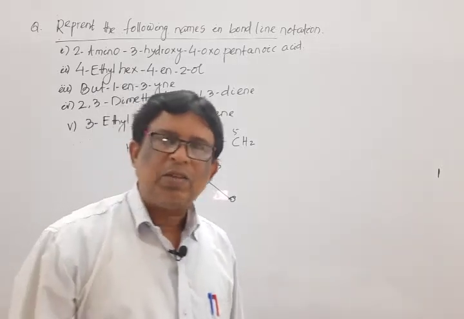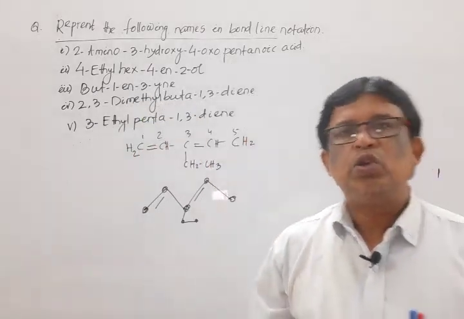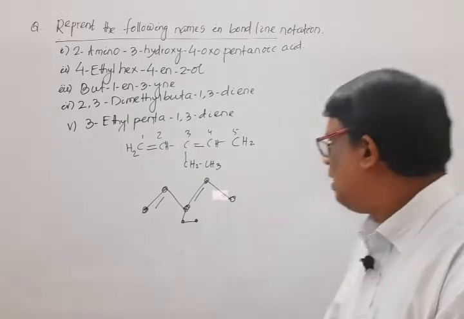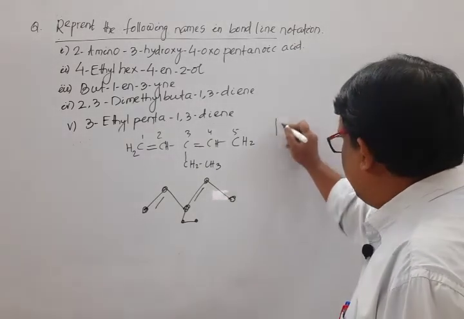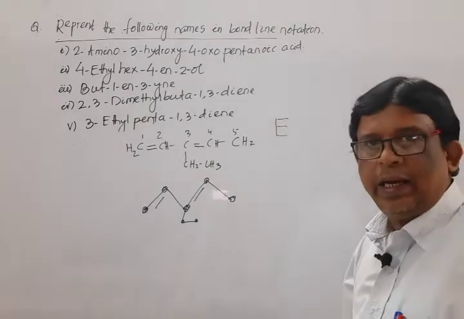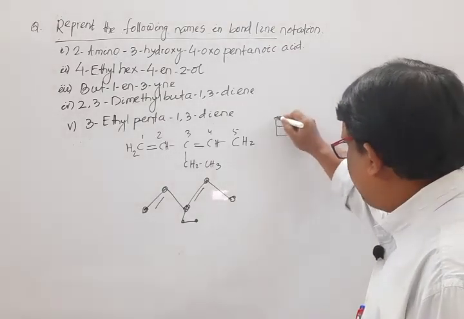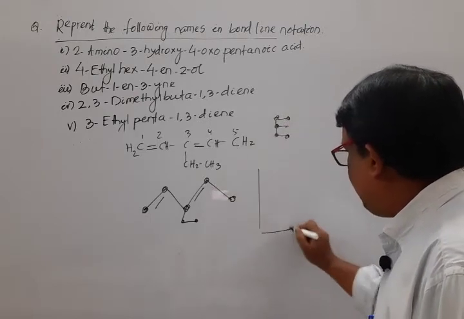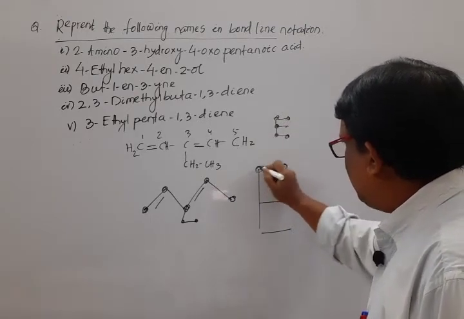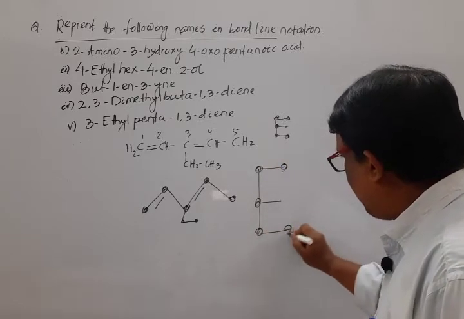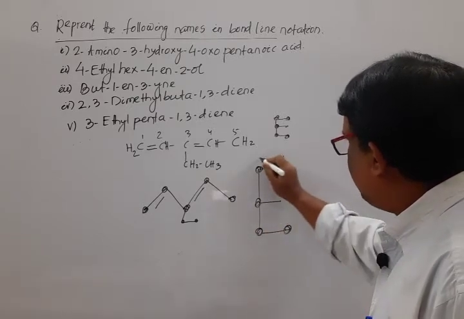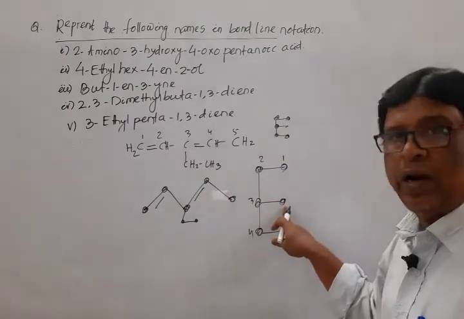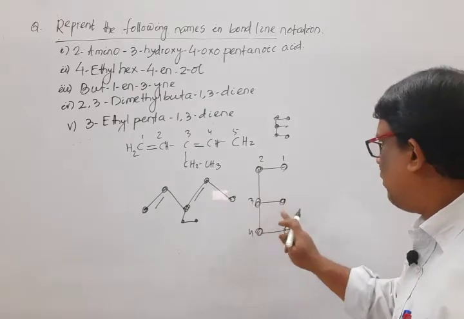Okay. In addition to this complex one, there are so many simpler ones in the English alphabet. For example, if we write E, then mark 1 point, 2 point, 3 point, 4 point, 5 point, 6 point. I make it clear: 1, 2, 3, 4, 5. At position 3 one point is there, that is methyl. So what is its name?